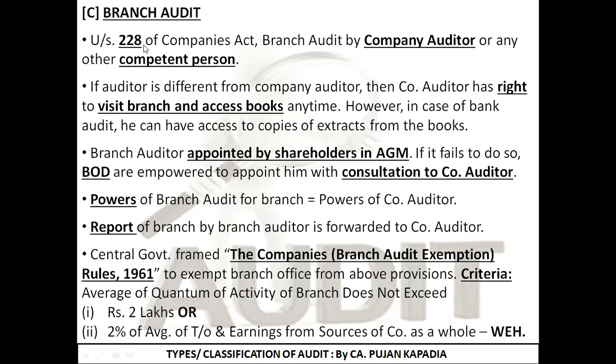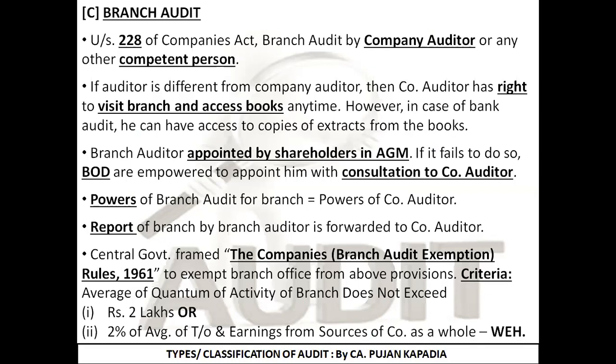So as per section 228 of the Companies Act, who can be the branch auditor? Either the auditor of the company. Let's take an example. For example, I am auditing the books of account of a multinational company. For the multinational company as a whole, there is one company auditor, a statutory auditor, who is conducting the audit. But now that multinational company has branches in 100 different cities in India. It is not possible for the company auditor to audit each and everything. As a result, various branch auditors are appointed.